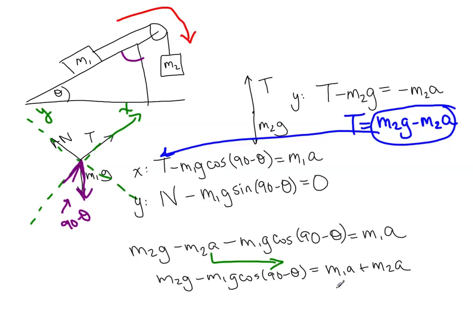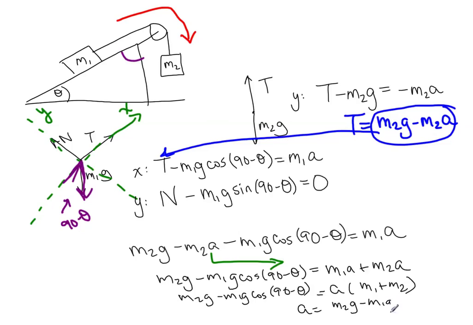The next step is to factor a parentheses. I'm factoring out the thing I'm looking for. m1 plus m2 equals the same thing. And then I just divide by this, and I get the acceleration equal to m2g minus m1g cosine 90 minus theta